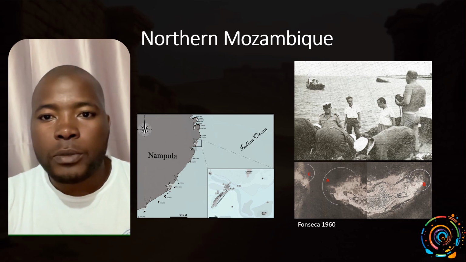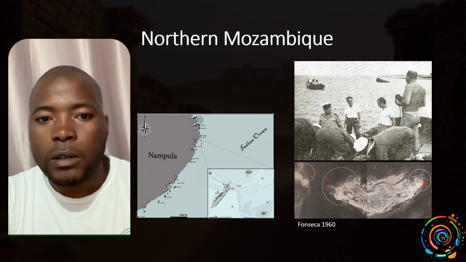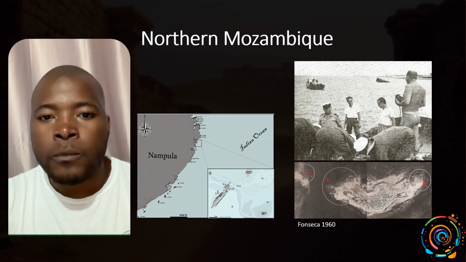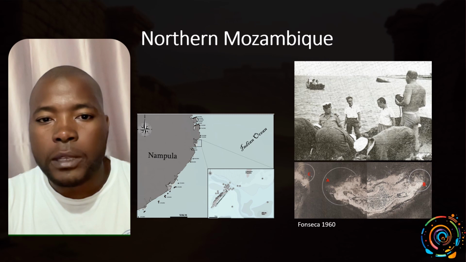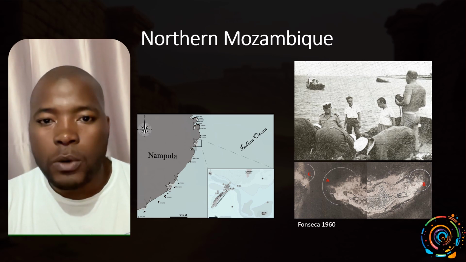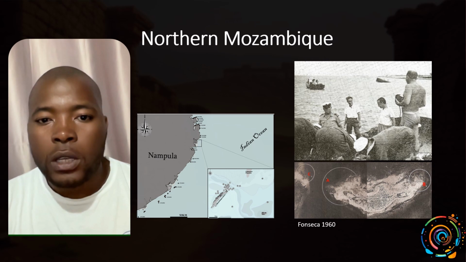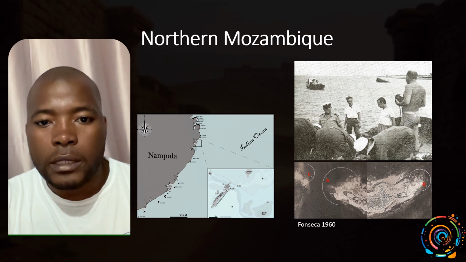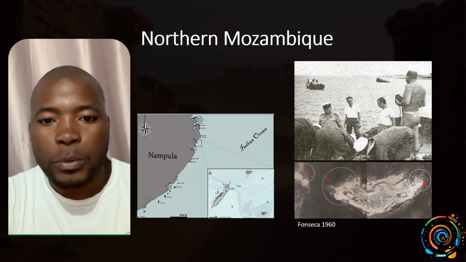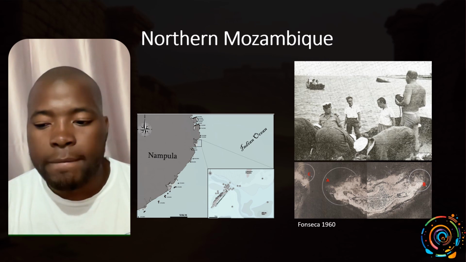The first research undertaken on this island was around the 1960s by Quirin da Fonseca during the colonial time in Mozambique. Quirin da Fonseca was not an archaeologist, but he developed what was considered the first project in underwater heritage in Mozambique. Here he identified two main areas along Mozambique Island where shipwrecks would occur quite easily. As we can see in the map below, there are areas A, B, and C, where today we find a lot of shipwrecks along this small island in northern Mozambique.